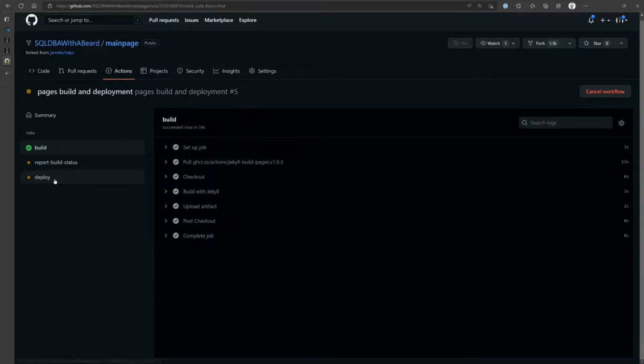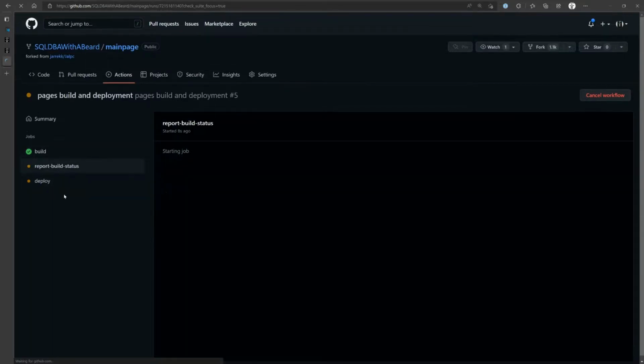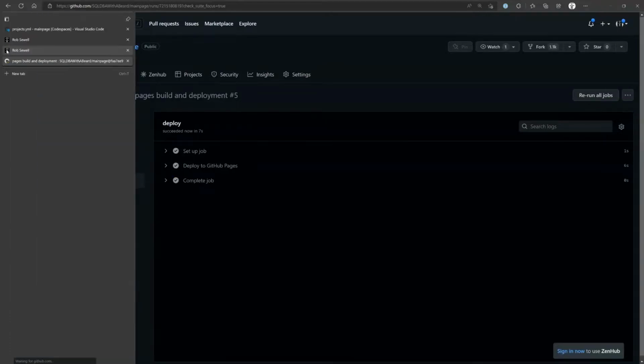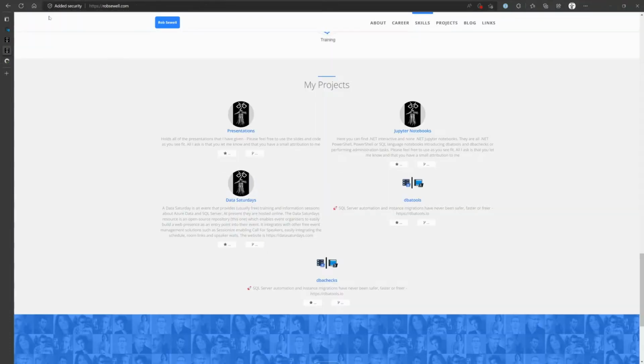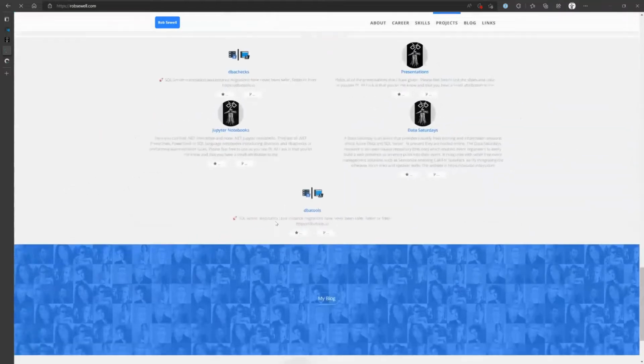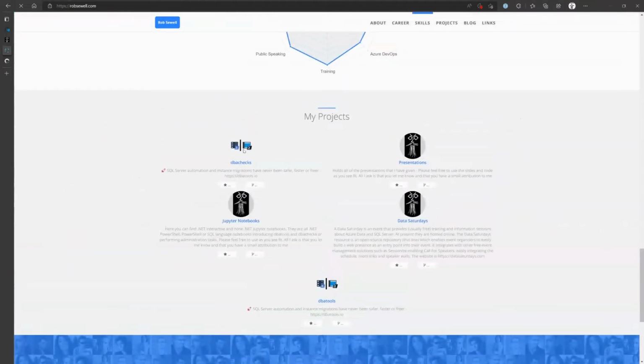then once it has done all of those, we are just reporting our build status, do our deploy to GitHub Pages. Now that's deployed. And if we actually come to the real website, therobsall.com, and we'll control refresh that, come down to the bottom, and now we've finished. So we have